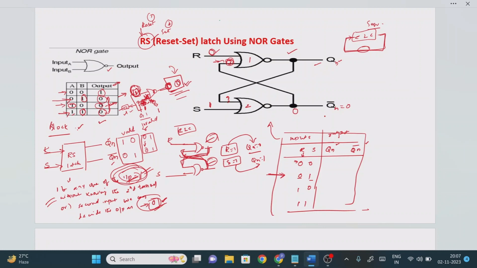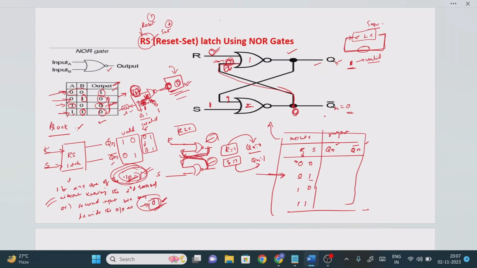But how to get the second terminal value? So at logic gate 2 we got the output, right? What is the current output? We got 0, right? In the same circuit, if you observe here, this 0 is connected to here, right? So now what is this value? This 0 will pass to here, right? Now how many inputs do we have? First input is 0, second input is 0. Go to the truth table. As per the truth table, 0 0 means what is the output value? 1, right? Now if you see, what is the Qn value? 1. What is the Qn bar value? 0. It means, valid or invalid? Both are different values, which means it is a valid statement.